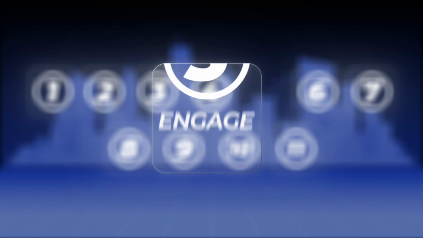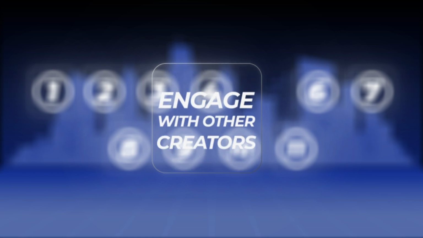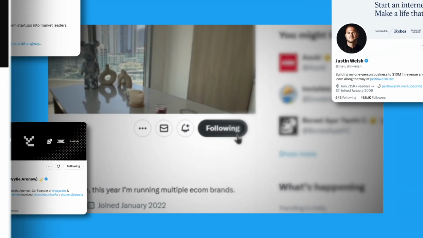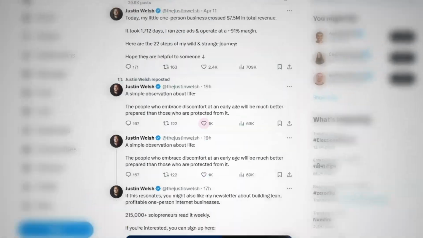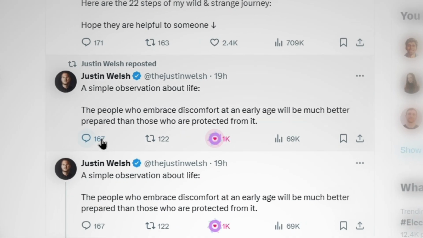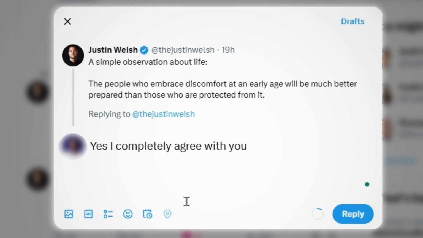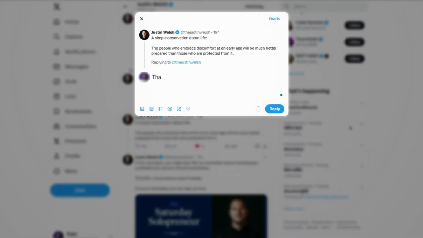The step number 5, which is one of the most underrated ways, is engage with other creators and reply to their tweets. Go and follow 10, 20 or 100 creators that you personally are looking up to the most, and once they are posting, go and respond to their tweets. But make sure to avoid this mistake. Most people say, oh, I like this, I agree with you, and that is not a good response. You need to add your